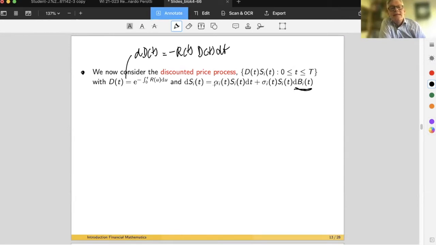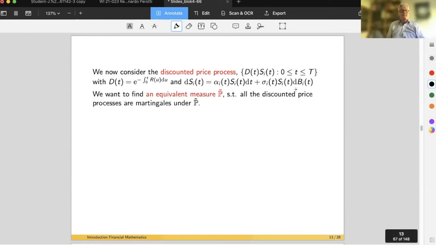dS_i(t) = α_i(t) S_i(t) dt + σ_i(t) S_i(t) dB_i(t), and i runs from 1 to m. These are m processes, and these Brownian motions and these processes are correlated. Now the aim is to find an equivalent measure, P tilde, such that all the discounted price processes are martingales